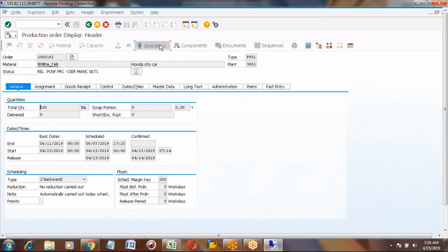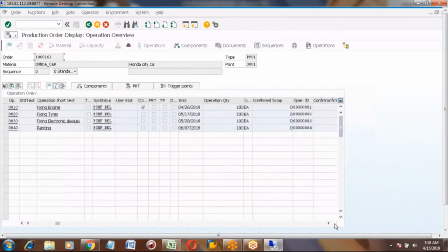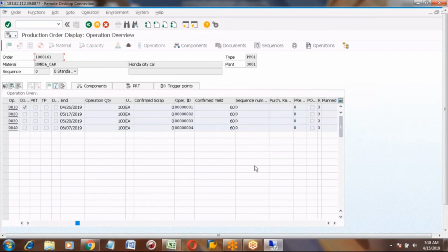Click on operations, and here you can see all operations are confirmed with the 60 quantity.